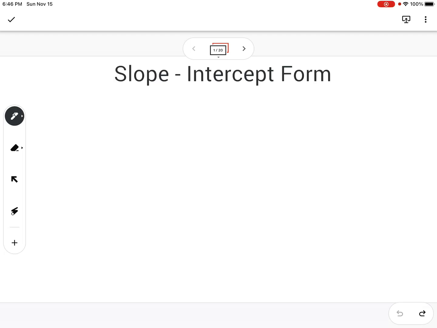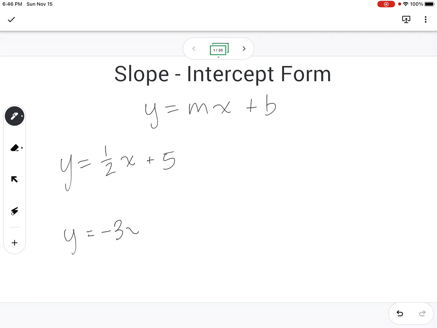So far, we've only worked with the form of an equation called slope-intercept form. That's y equals mx plus b. That's the one we've been working with. And we've seen it can look like this, right? The slope can be a fraction. The slope can be negative. The y-intercept can be negative, right? Sometimes the slope is 1, and then it seems like it's not even there. Sometimes the y-intercept is 0 and it seems like it's not even there, but really all of these are